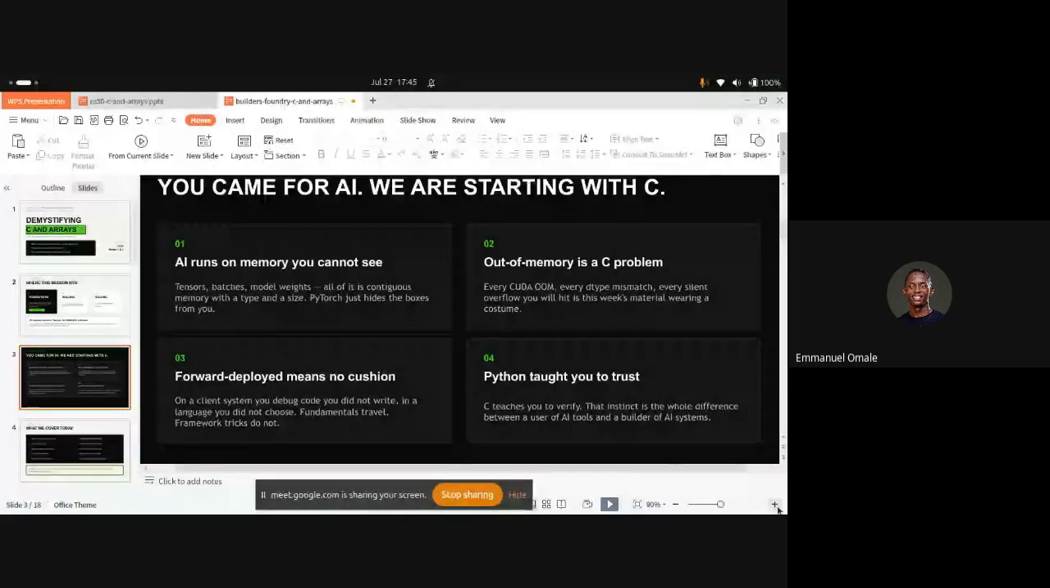Yes, we can. Okay. So, like I was saying, some of you might be wondering: we came here for AI, then why are we learning C? Why are we starting with C? I said AI runs on memory that we can't see. And if you look at AI, like I explained earlier,